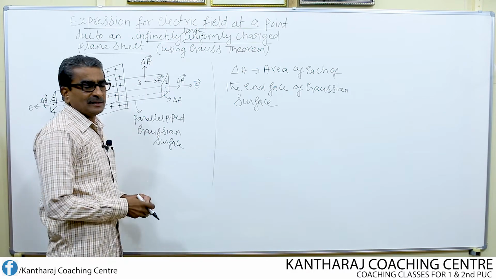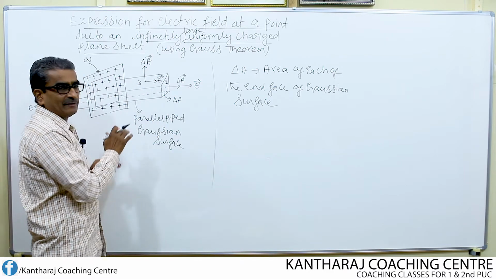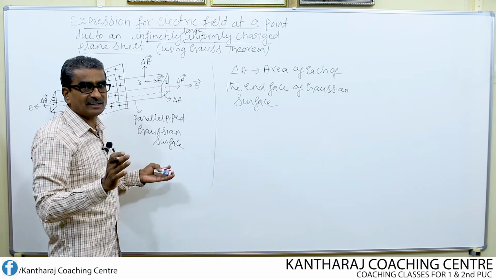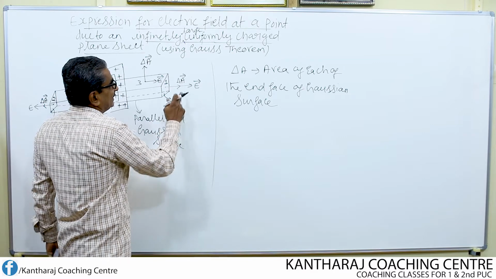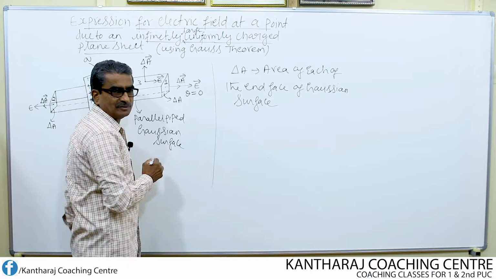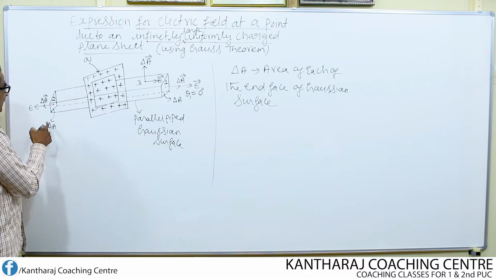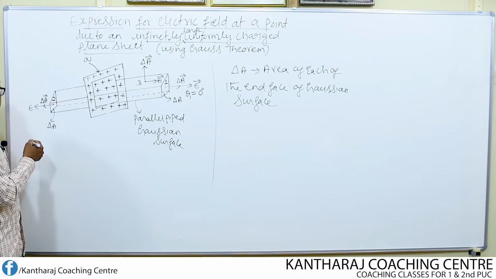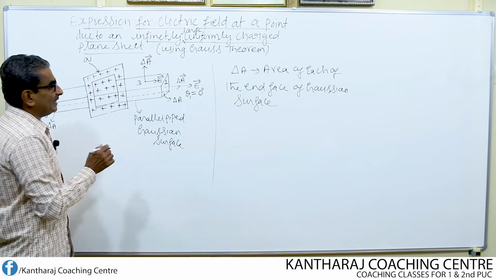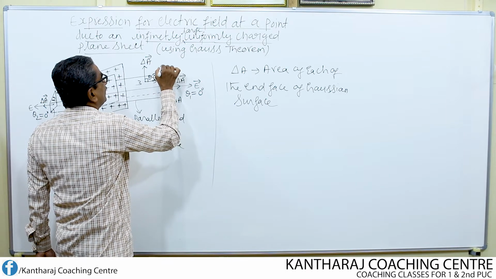Now remember, with respect to these two area vectors and with respect to this top area vector, the angles made with the electric field are different. In this case, the angle between the area vector and the electric field is theta equal to 0 degree. I can call this theta 1 equal to 0 degree. Here once again, area vector and electric field are parallel to each other, therefore theta 2 equal to 0 degree. Let us call this angle theta 3. This angle is equal to 90 degree.